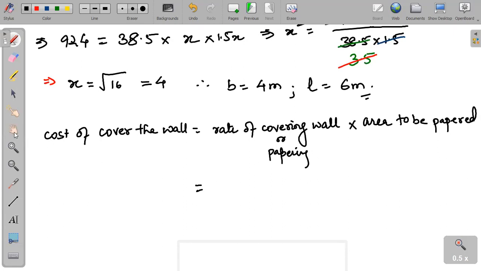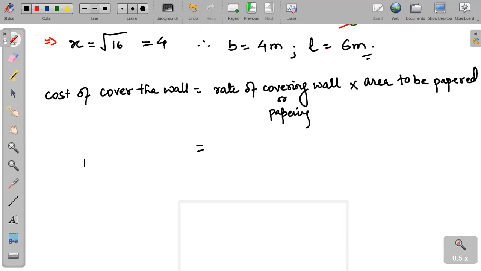That is equal to this cost of covering wall is 214.50. This is 3.3 into area to be papered, means lateral surface area, that is 2 into L plus B into H minus